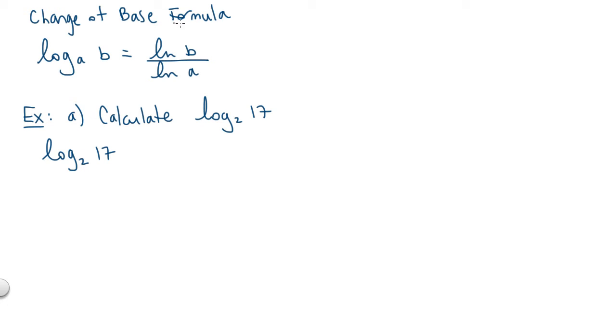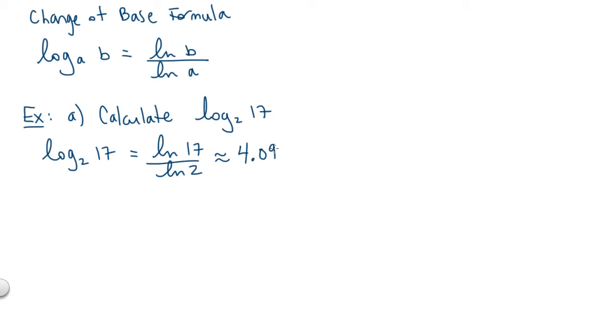So this is where the change of base formula comes in handy. Log base 2 of 17 is the same thing as ln of 17 divided by ln of 2. And we can do this calculation on our calculator, and it comes out to about